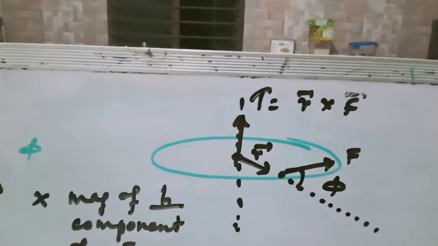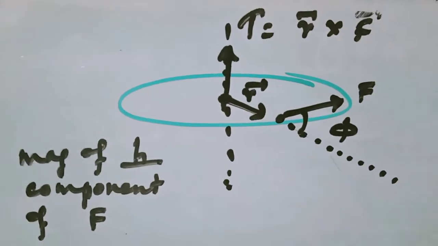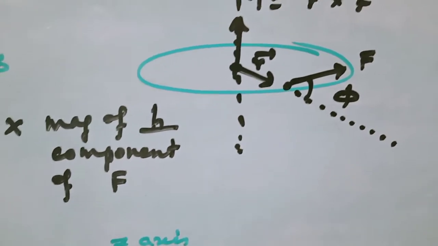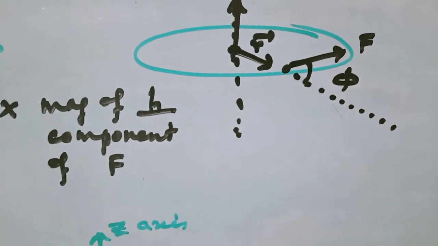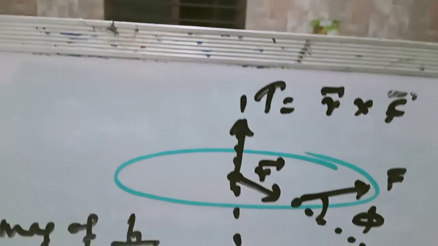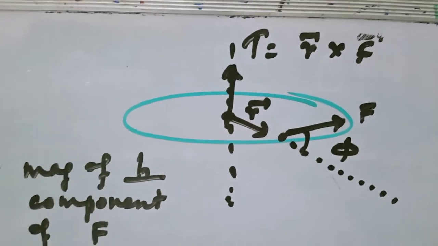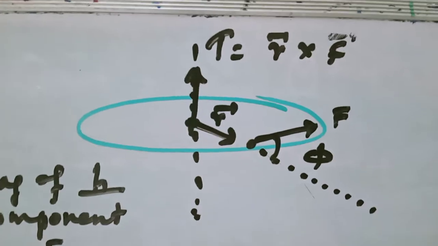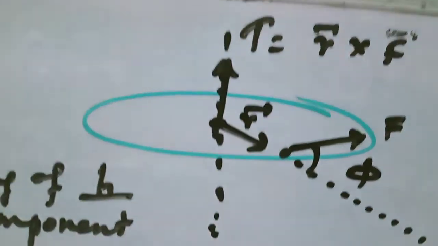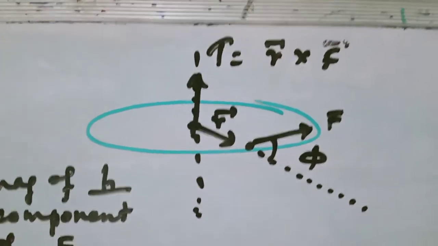What is phi? If in a certain plane, see, it is shown here, the force has been represented by F and the perpendicular distance by R. Now this point is the axis of rotation, and force F is applied on the edge. So the direction of tau, that means the moment of force, will be along the center of the disc, in the upward direction or in the downward direction. It may be upward or downward.